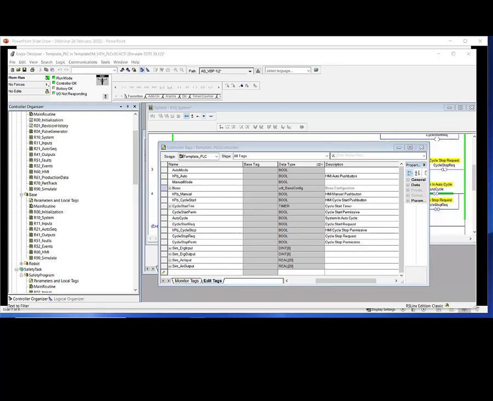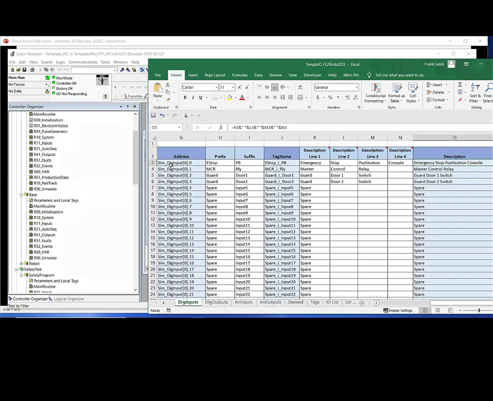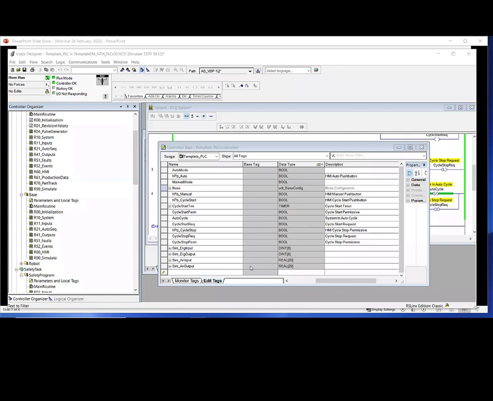Let me pull a spreadsheet over here again. Okay, here is a spreadsheet, and you will see some aliases. So I am aliasing to sim digital input 0, sim digital input whatever, and you type in your tag names here. It generates the description, it generates the tag name, and it generates it in the field that would have the simulated digital input. Well, to be able to do this, you're going to export this and say alias it